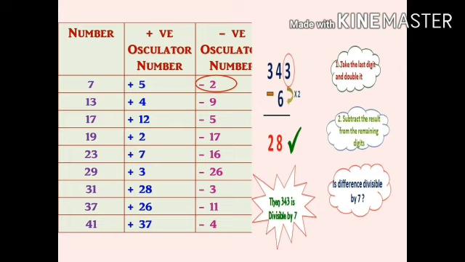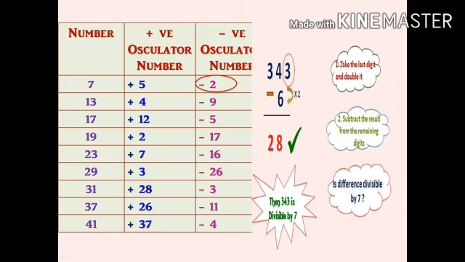So every number has a positive oscillator number and a negative oscillator number. I will explain in this video how this table comes about and how you calculate the oscillator number, so watch the video fully so that you get the idea. If you want to check whether a number is divisible by 13, we can use either the positive oscillator number plus 4 or the negative oscillator number minus 9. If you use the negative oscillator number minus 9, the method is the same. Instead of multiplying the last digit by 2, we multiply it by 9. If you solve 2 or 3 problems, you will understand the oscillator method very clearly.